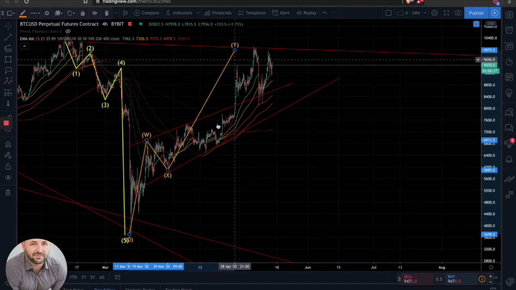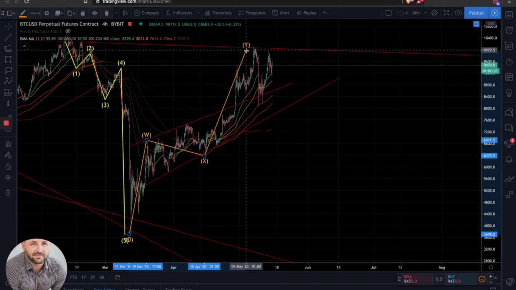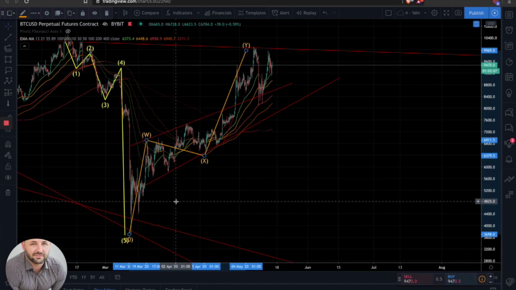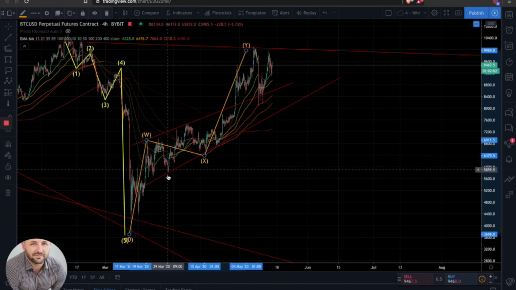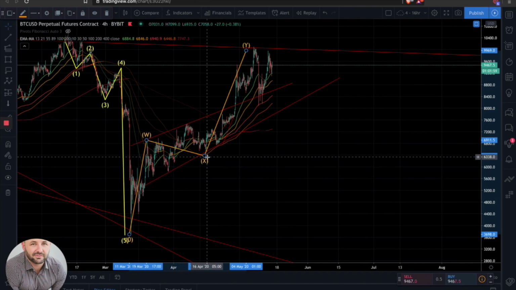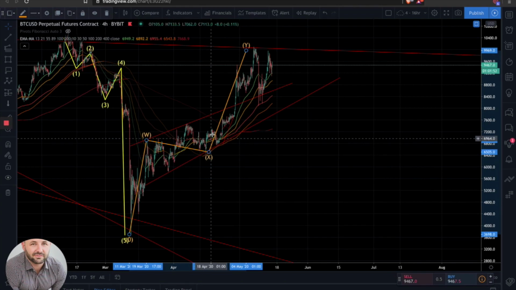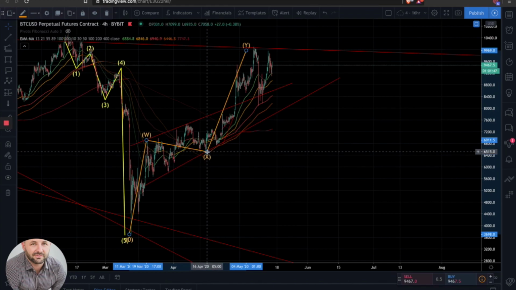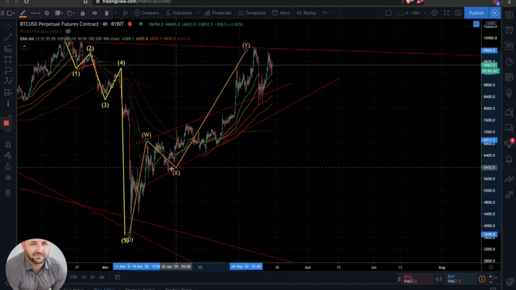And then something like this here for a WXY, again making it 3 waves. So we'd have a 3-wave move within here. We again have 1, 2, 3, and 1, 2, 3 right here. And then this would give us a 5-wave move. I'm sorry, it would need to be another 3-wave move up for the Y. It would actually honestly be,